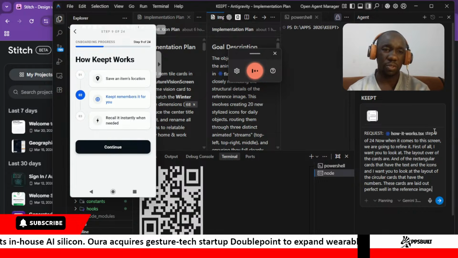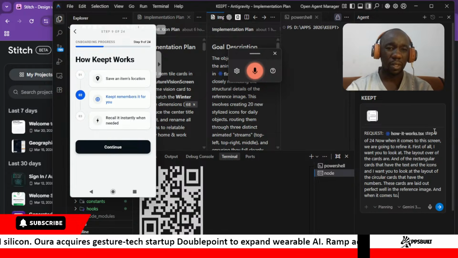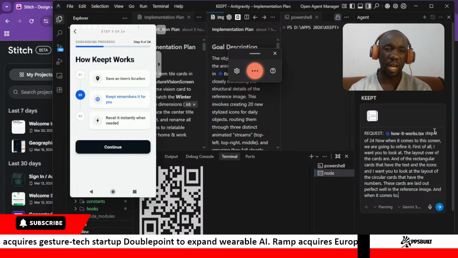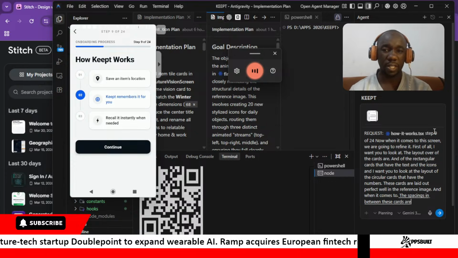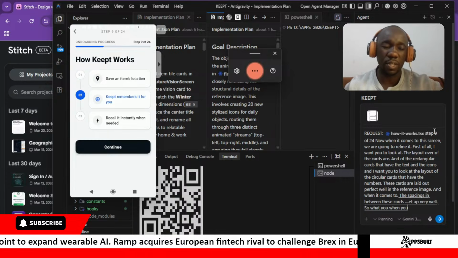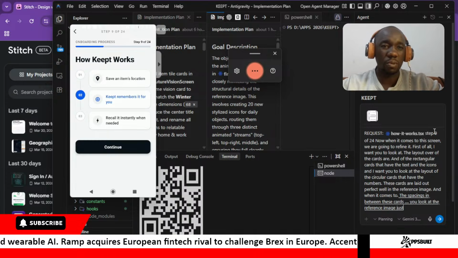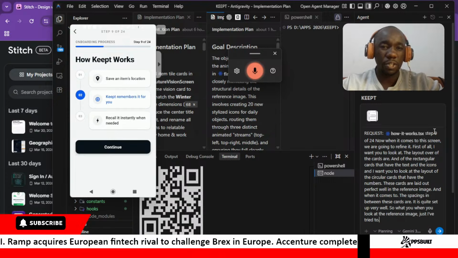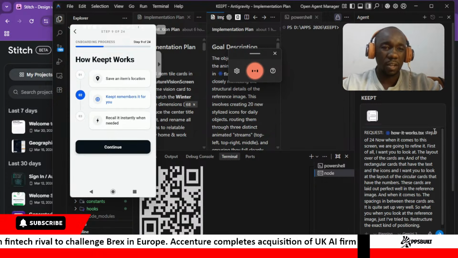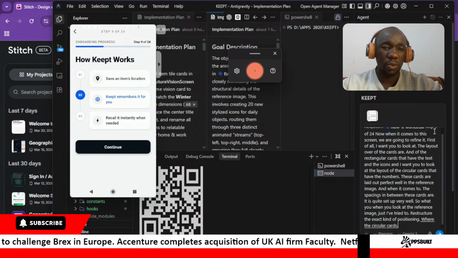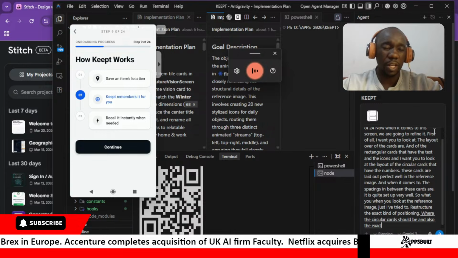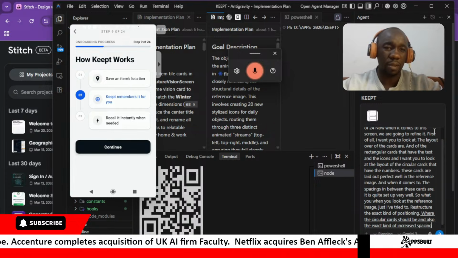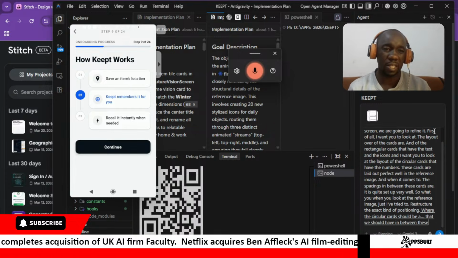And when it comes to the spacings in between these cards, it is set up very well. So when you look at the reference image, I've tried to restructure the exact kind of positioning where the circular cards should be, and also the exact kind of increased spacing that we should have in between these rectangular cards,